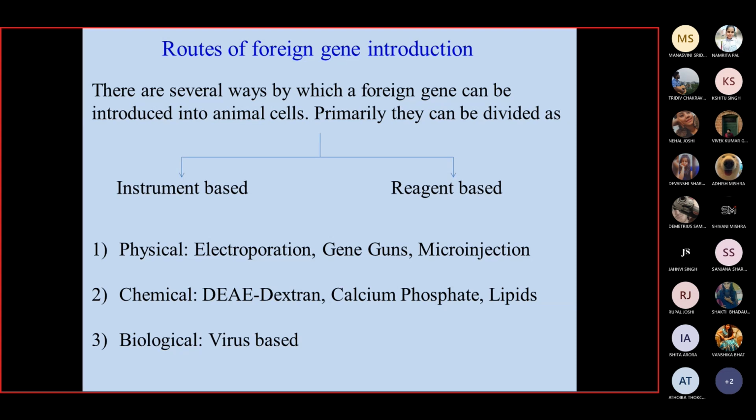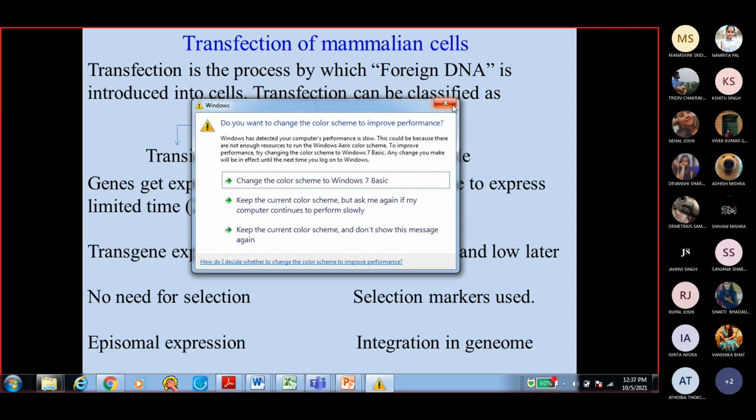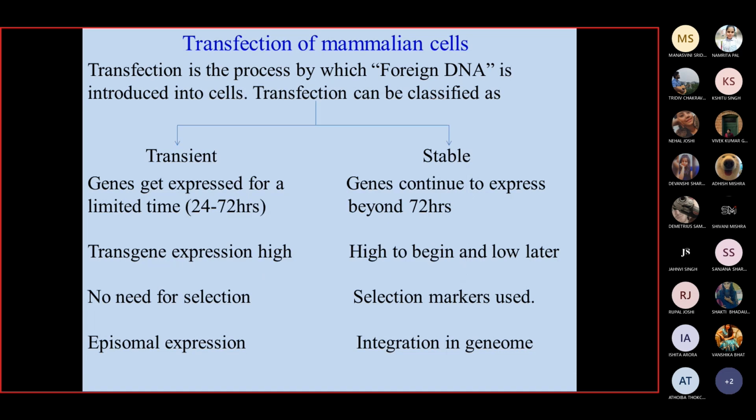That means they will infect only certain cell types, and you can use these to introduce foreign genes into any cell type, based on the kind of virus that we're using. For example, HIV, we all know that it infects only CD4 positive cells, nothing else. HIV will not infect any other cell. Generally, it infects only CD4 positive cells. So, you can have a very, very selective payload delivery. That means your DNA can be delivered very selectively by the use of certain reagents or viruses, or by use of